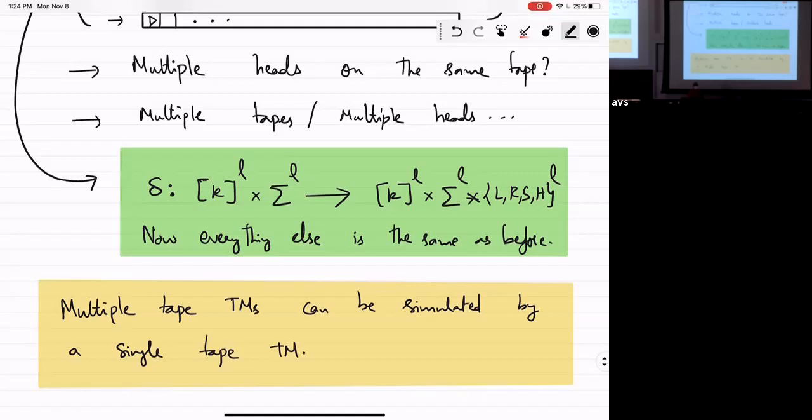Okay, and you'll explore this in the homework. And in fact, just as it was true for Python programs, you can simulate any multiple tape Turing machine as a single tape Turing machine with at most a quadratic blow-up.